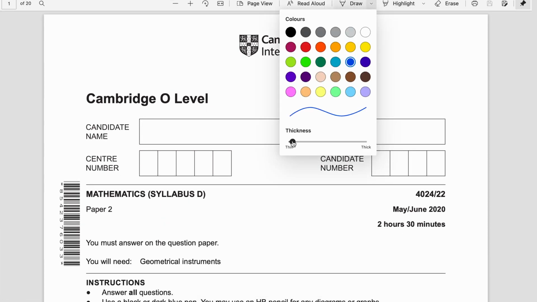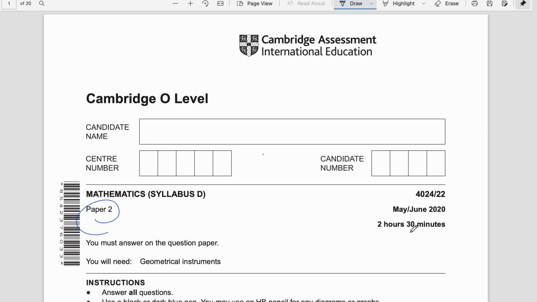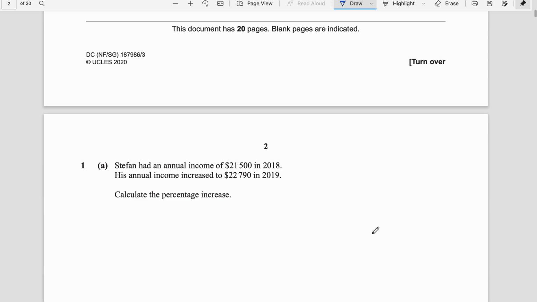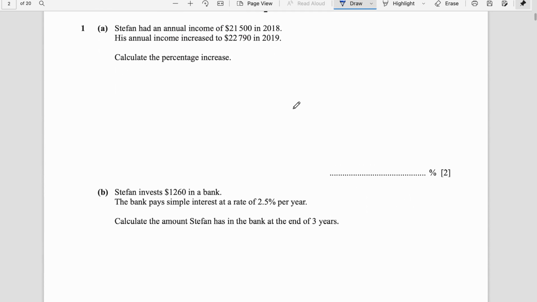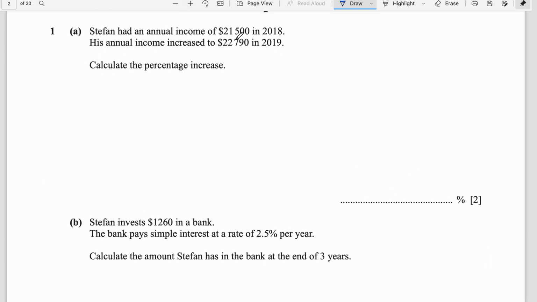So this is a paper 2, variant is 22, May June 2020. Question number 1. Stephen had an annual income of $21,500 in 2018, $22,790 in 2019. Calculate the percentage increase. So first we find how much increase is there,